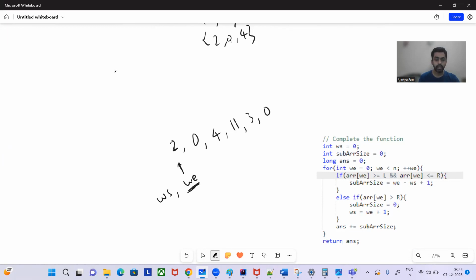Okay, so we'll check here whether this element is greater than or equal to L, with L equal to 1 and R equal to 10, and whether it is less than or equal to R. So this matches. What will we do when this matches? We'll take another variable, sub-array size. So if arr of WE